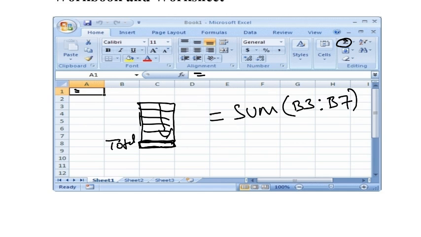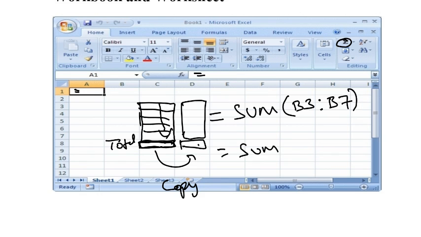And also you can copy the same formula to this particular cell. Once you copy, you will have data here from this cell to this cell, and automatically that formula will change. This cell will contain D3 to D7.